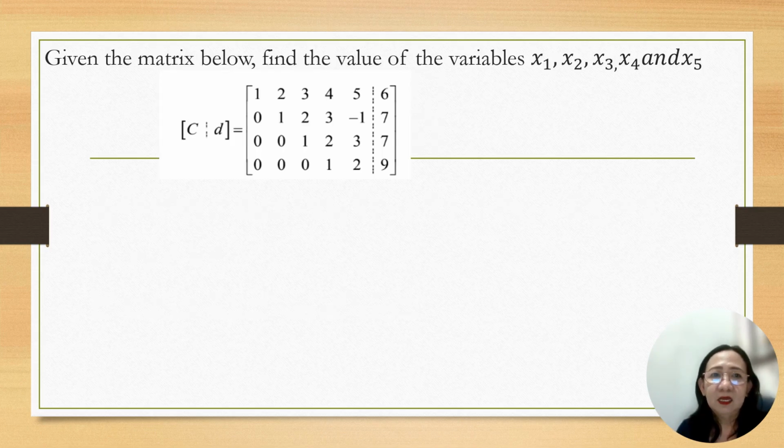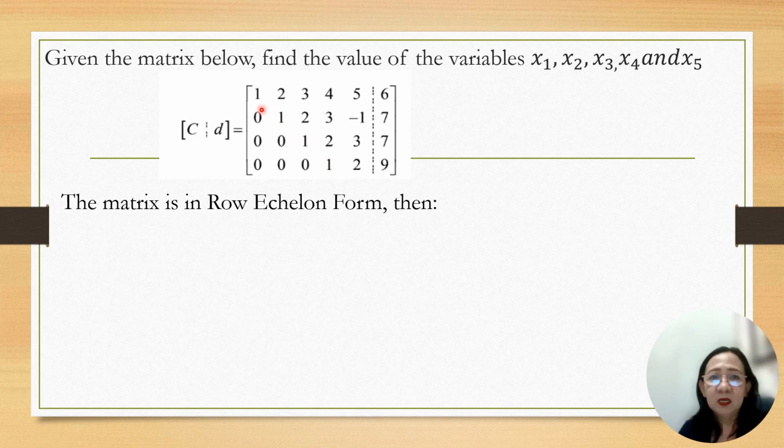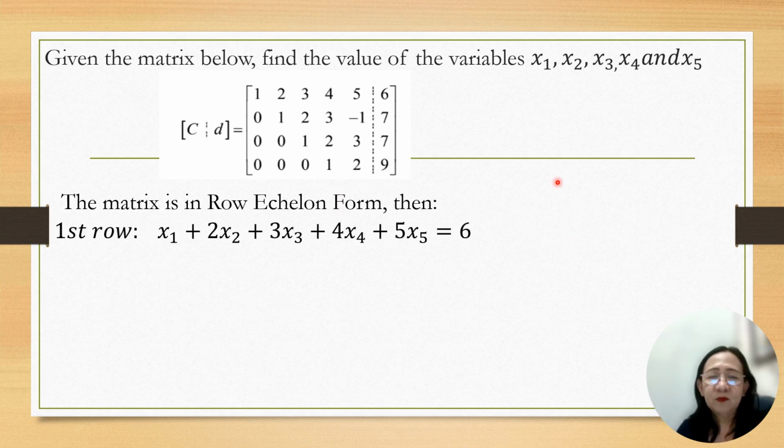And then, lastly, let us look now at the given matrix. So, let us choose our x sub 1, x sub 2, x sub 3, x sub 4, kulang pa, x sub 5, yes, and x sub 5 for the variables. Let us write the equation. So that is already in the matrix form kasi we have here the pivot. These are the pivot, and below them are already zeros. So we can write the first equation, first row, as x sub 1 plus 2x sub 2 plus 3x sub 3 plus 4x sub 4 plus 5x sub 5 is equal to 6.